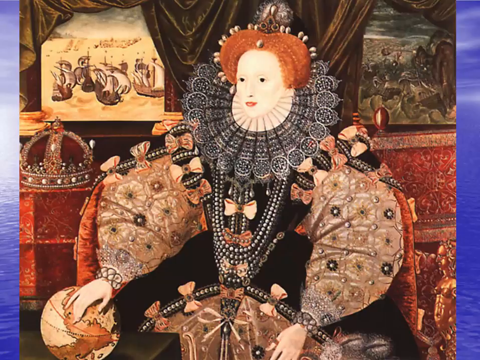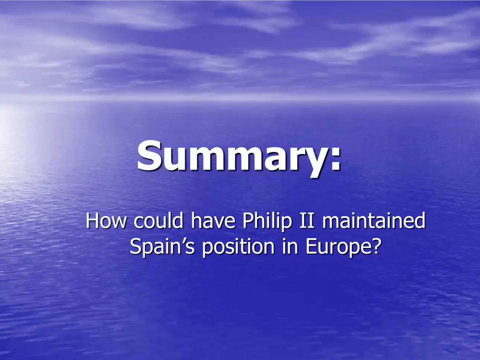And now Elizabeth has her hand on the globe, because this really marks the rise of England. Well, really, France rises as a new power. France becomes the major new power in Europe, but it marks an upswing for England as well. And on March 23rd, 1603, Elizabeth dies, and England was really poised to become a major global power in the world.